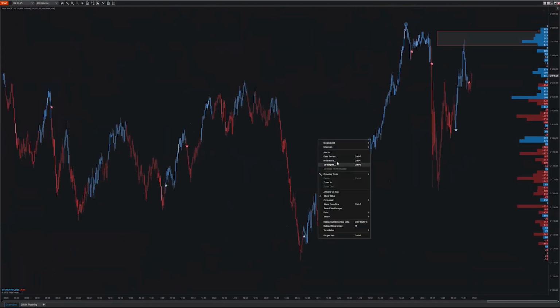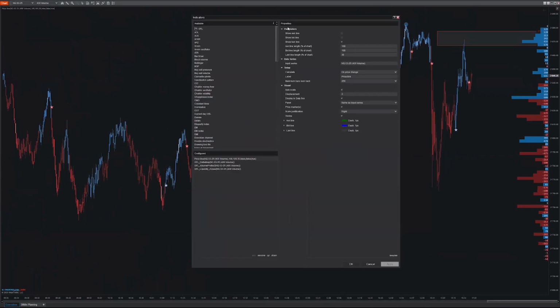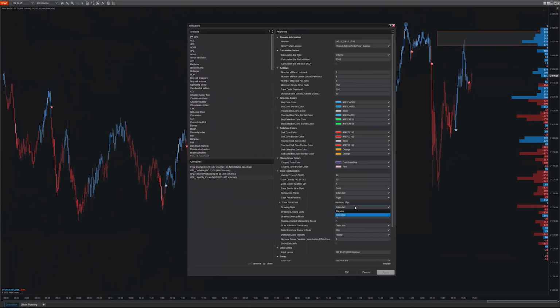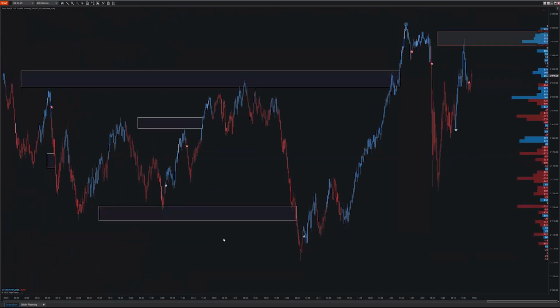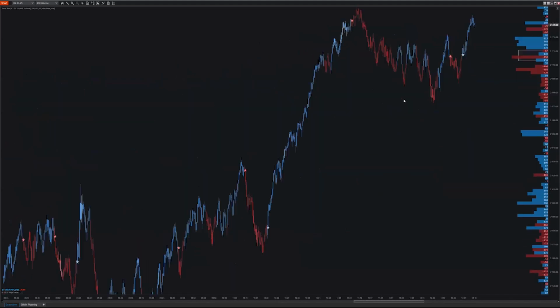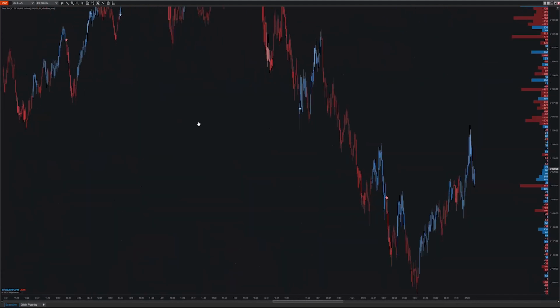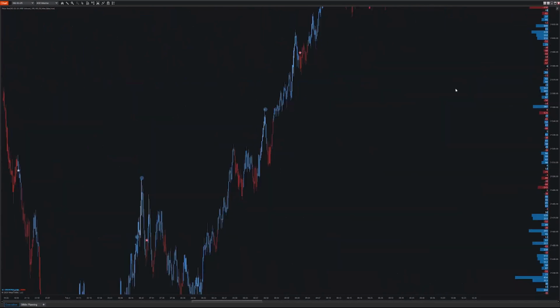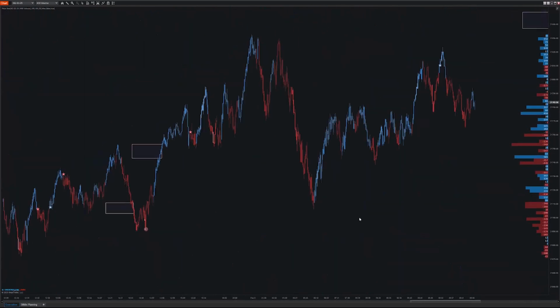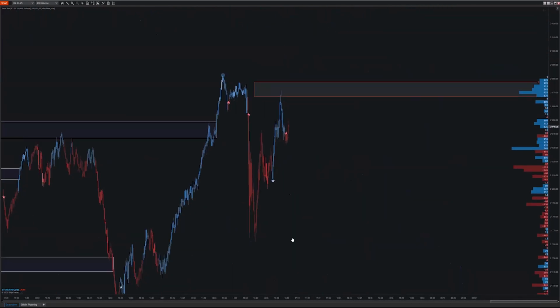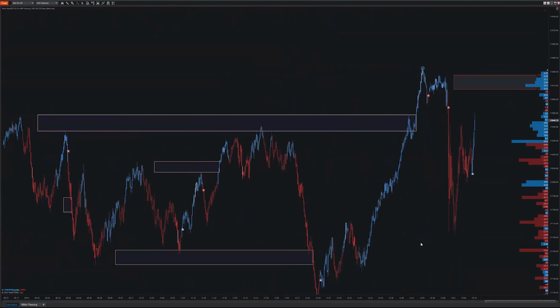But what this does is allow you, as a trader, to go in here, turn on the clipped zones, and then do some manual back testing to figure out what are the settings that you want to use for your market. Because obviously all markets are different. What's important for Delta and NQ is certainly not important for ES and all other futures markets. And so you'll want to come in here and customize it not only to your market, but also your trading style as well. So there isn't a one size fits all approach.